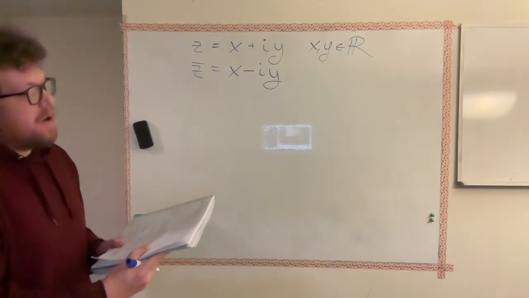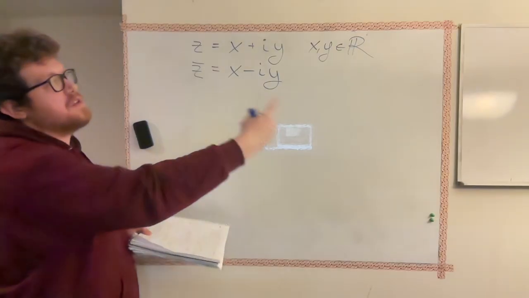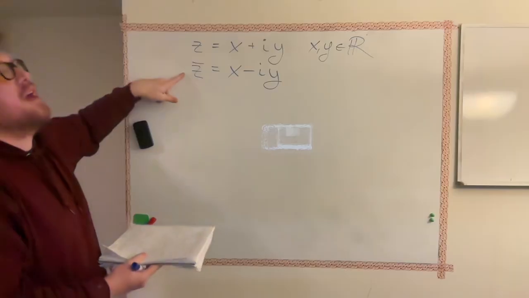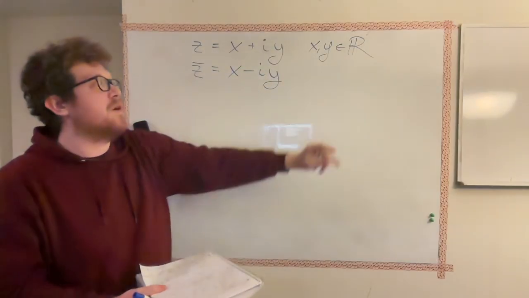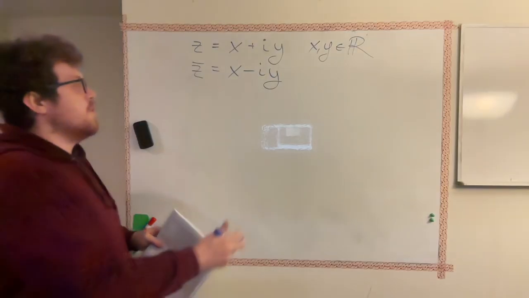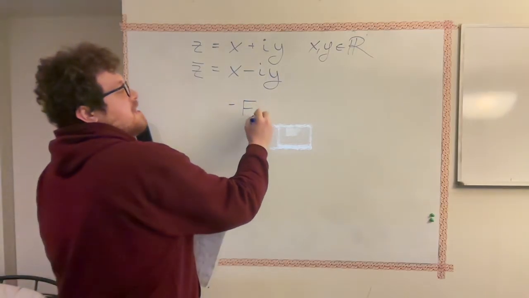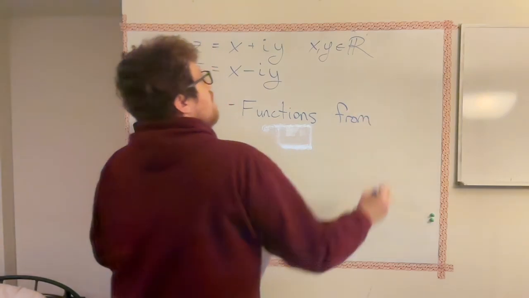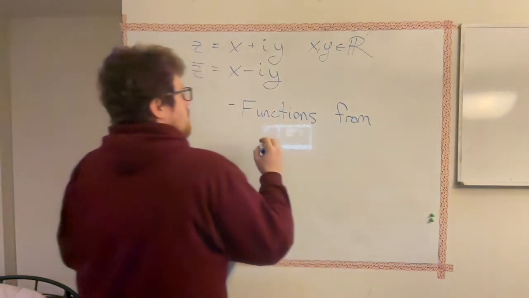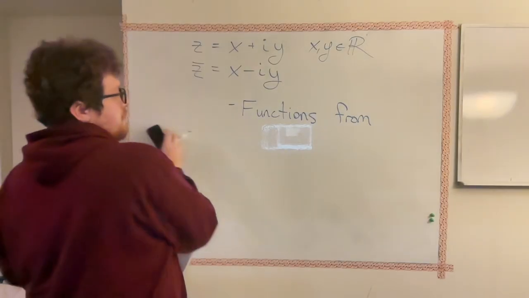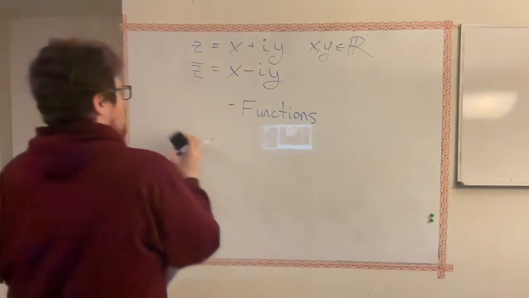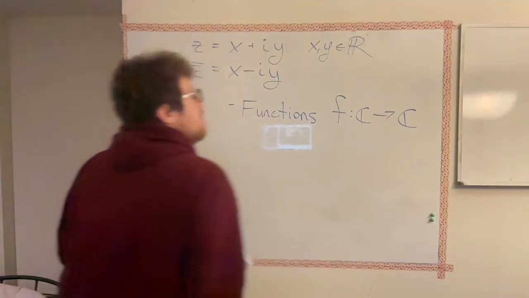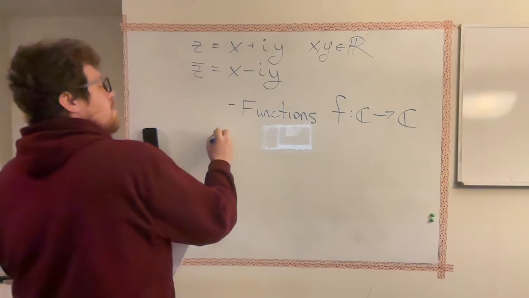Right, so we have z and z bar, and for any function between complex numbers and complex numbers, we can also view it as a function of z and z bar, where we can view the output in these z and z bar coordinates. It turns out that this is actually an advantageous way to look at functions. So functions f from complex numbers to complex numbers are equivalent to,